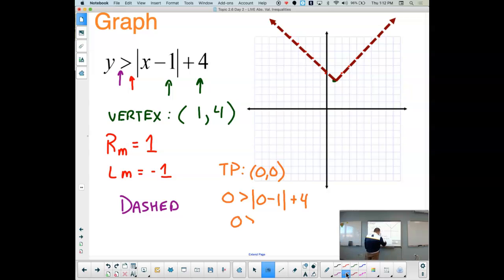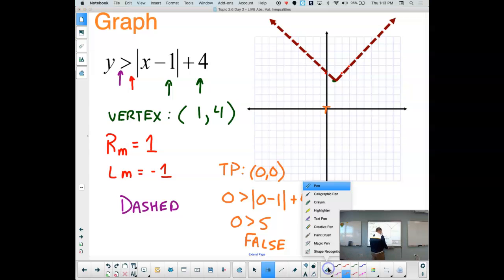So I get 0 is bigger than 5, and that is a false statement. So since my test point was out there, that means we are going to shade inside